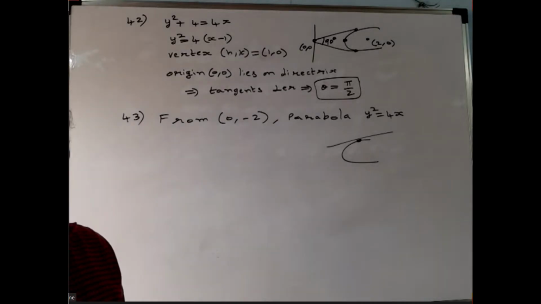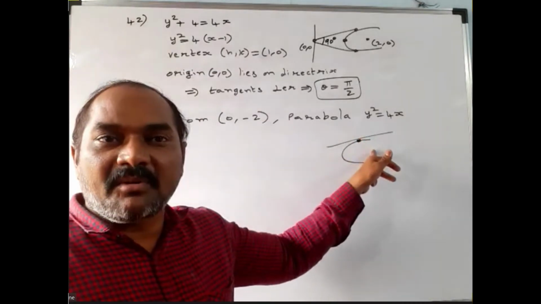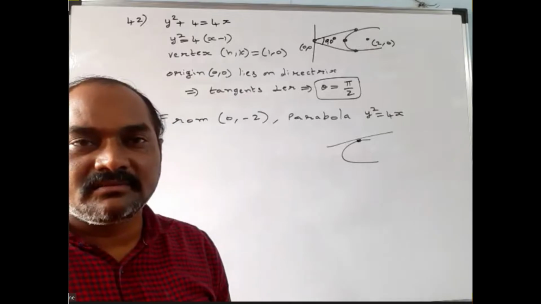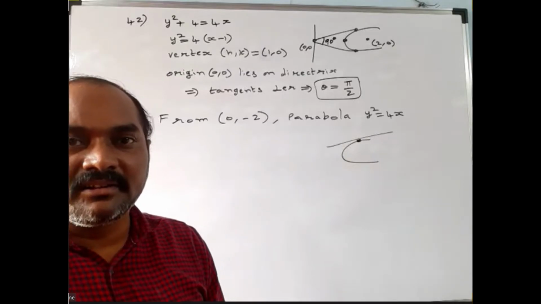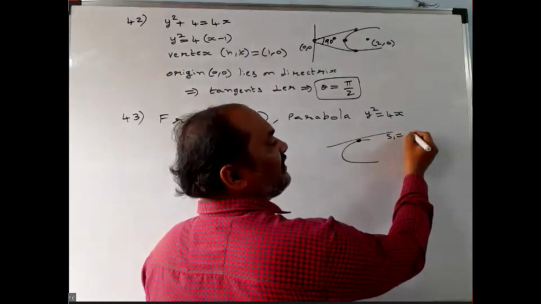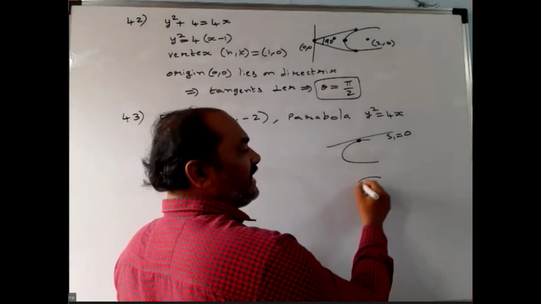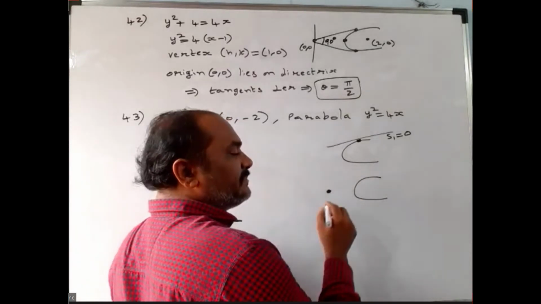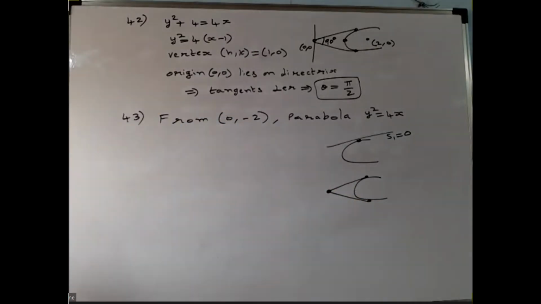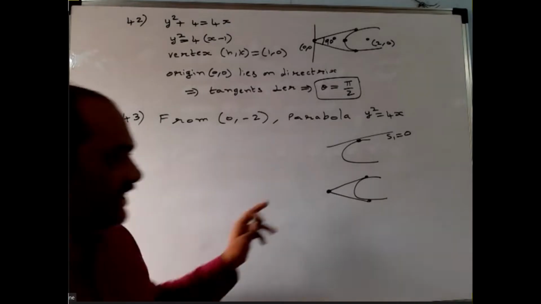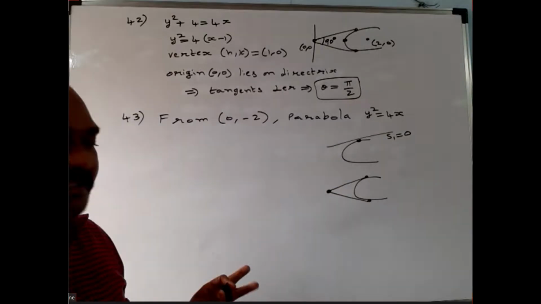I am not asking anybody in particular, I am asking the question. The parabola is there, the point is there. On the parabola, how many tangents can we draw? Clearly draw the diagram also. So what is the equation? S1 is... The parabola is there, the point is outside the parabola. How many tangents is it possible to draw? 2. If we draw like this, it is a tangent. Yes, sir. No, it is a chord. So how many tangents can we draw?